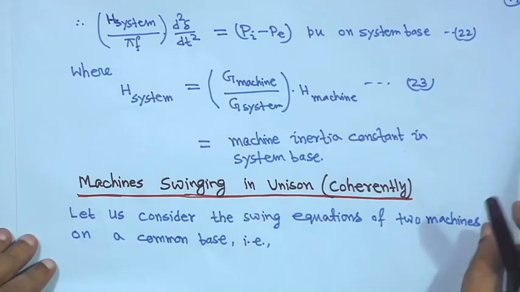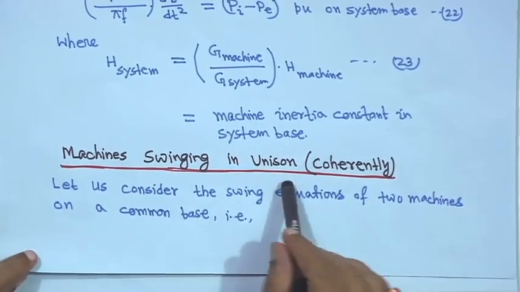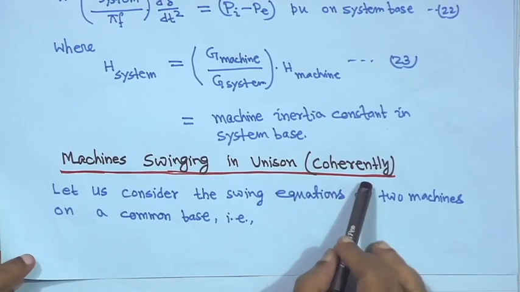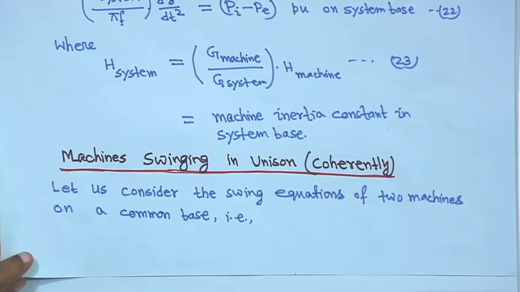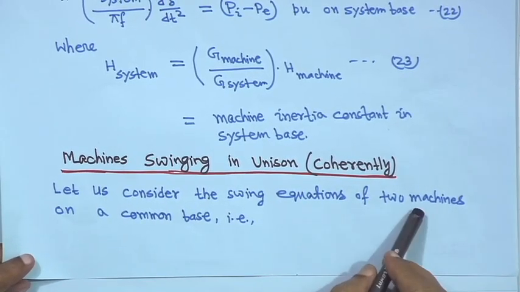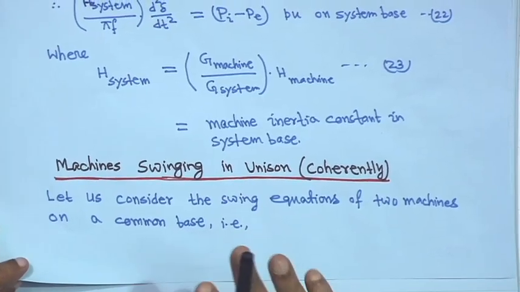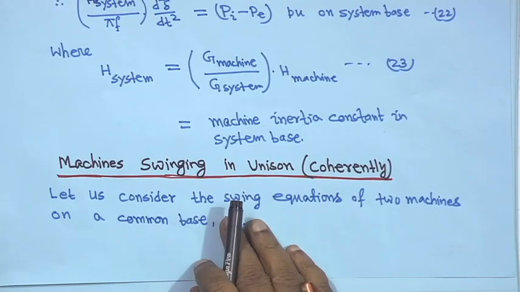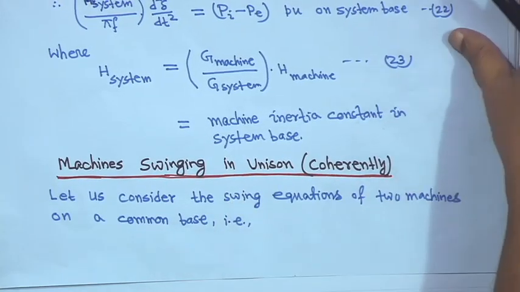So, now the machines are actually swinging in unison, that is, coherently, as I told you. So, let us consider the swing equations of two machines on a common base. We will consider only the two machine case. So, for the first one